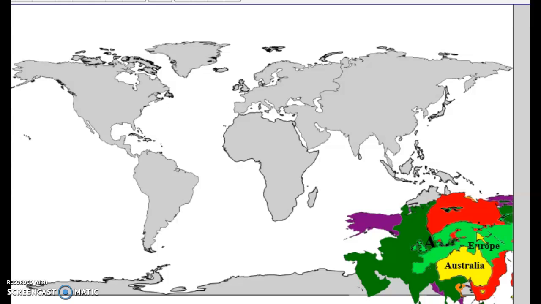So let's remind ourselves, here's a projection. A projection is the way the world is viewed. So we know our Earth is really a sphere. So you can imagine almost like it's unzipped and flattened out, gives you a flat map showing us the continents and the oceans. So let's do a quick reminder that we have 7 continents, including Africa,